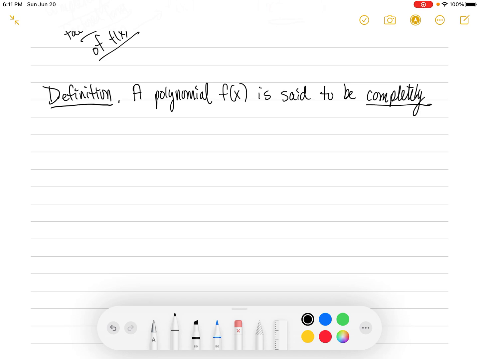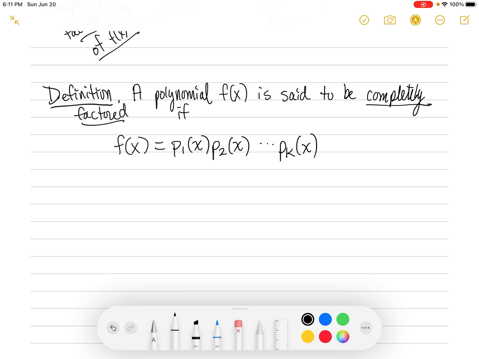That's what we're defining, completely factored, if f of x can be written as follows. p1 of x, that's a polynomial, times p2 of x, that's another polynomial, and so on and so forth, times pk of x. So basically, f of x, our big polynomial here, is a product of smaller polynomials,